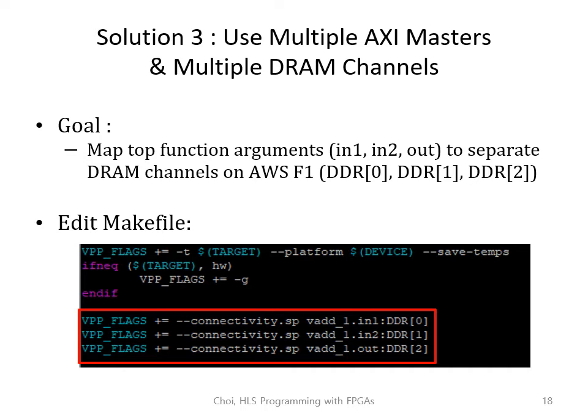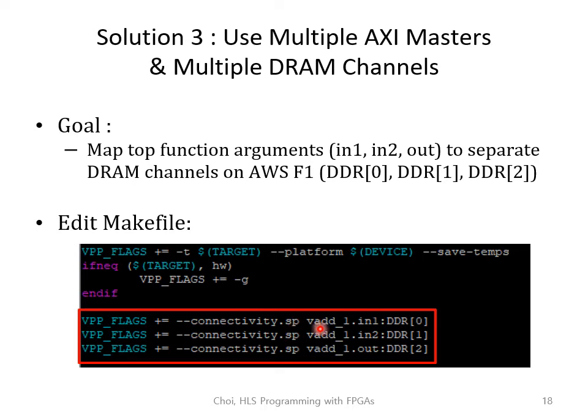So let's see how to implement this. That is, we want to map top function arguments in1, in2, and out to separate DRAM channels on AWS F1. To make this happen, you first need to edit the makefile. Look for the line that uses VPP flags. And next to that line, add the flag